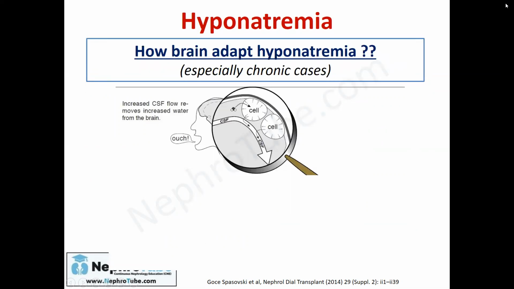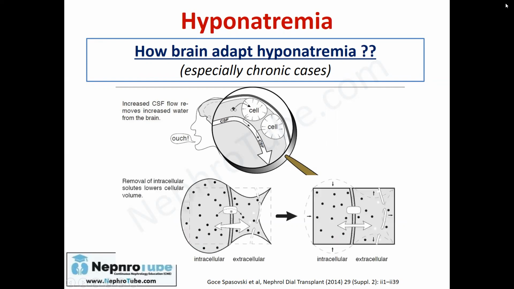So how does the brain adapt to hyponatremia? When there is brain swelling, the brain tries to decrease this edema and this pressure, especially in chronic cases. The brain adapts in different ways. The first way, in cases of brain edema and congestion, there will be increased CSF flow, which will remove increased water from the brain. The second and more important